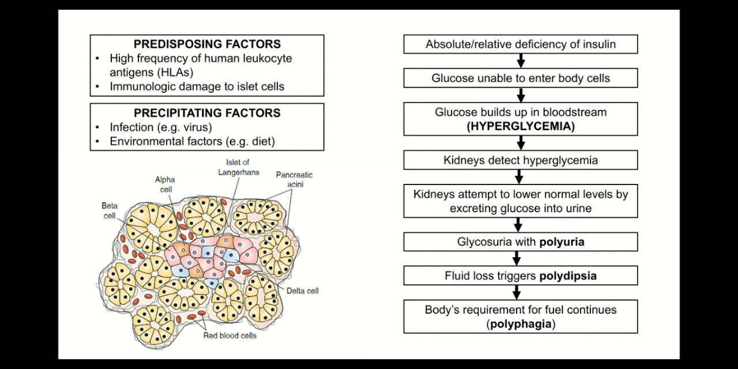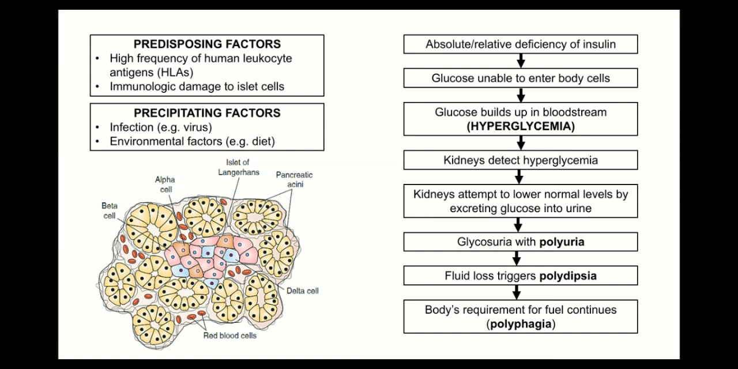So that is polydipsia. Also, while those are happening, the body continues to use up fuel. Then we all know that glucose is the primary source of the body's energy. What will the body use for energy, if not glucose? So first, the child is